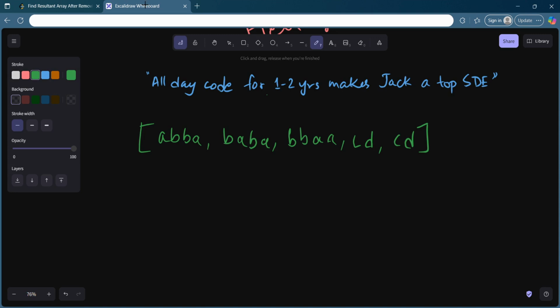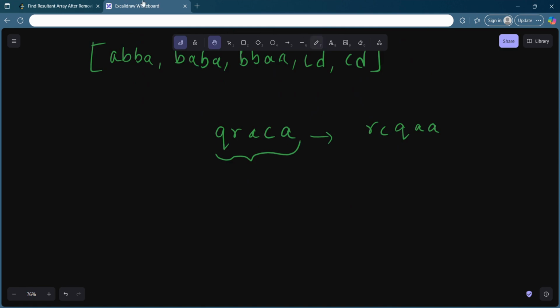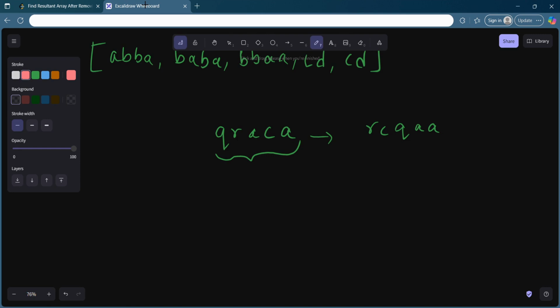So what is an anagram and how to identify that? If you try to see, so let's say QRACA. If this is a word, an anagram of this word can be possible that you try to permute some letters of the words. Okay, so let's say RCQAA. This is also an anagram of this because you are using the same set of characters to build both of the words. So yeah, that is what meant by an anagram. And if I tell you how to identify this, you can easily tell me a quick trick. Okay, so I hope you can figure this out.